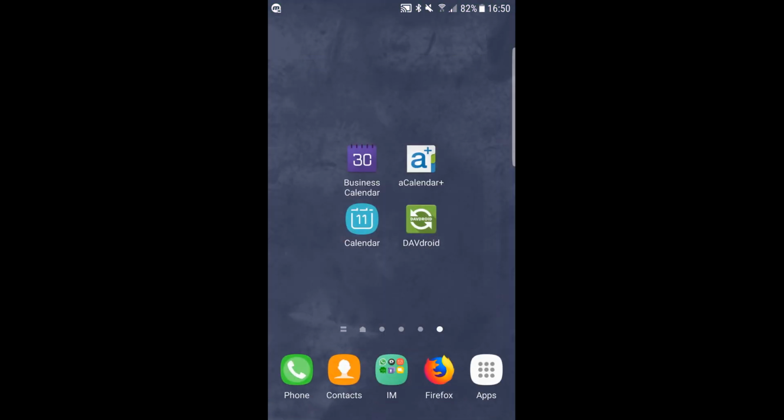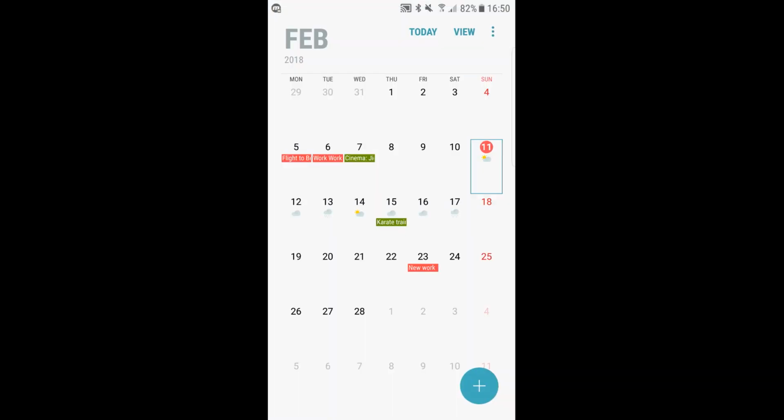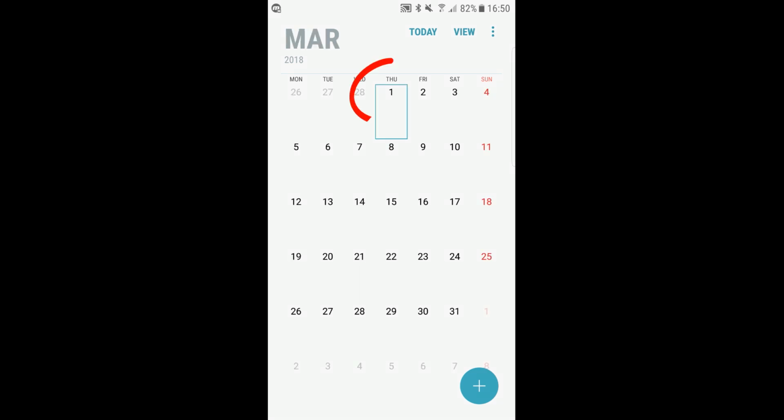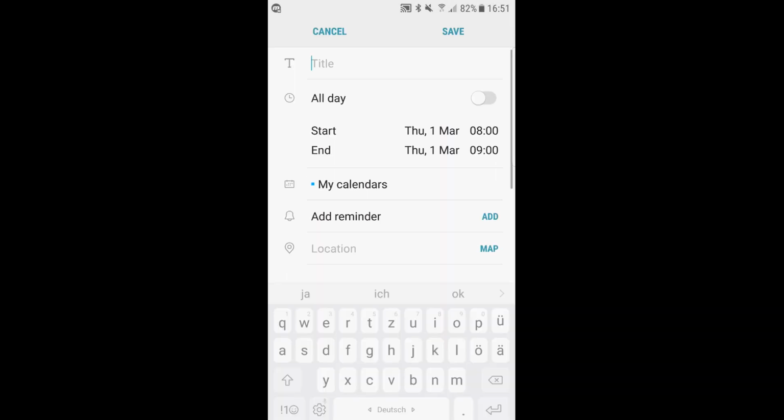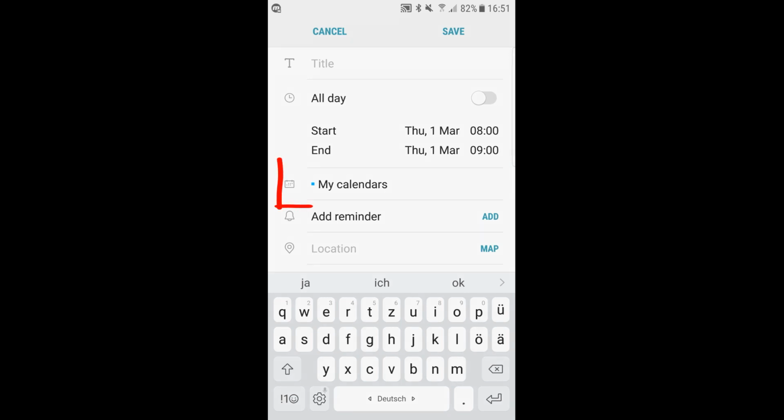Now let's look into the calendar app on the phone. You can see that both calendars are shown. If not, take a look into the Manage Calendars option and make them active. In my case, I want to create a full day event on March 1st, named Test Work. If you now enter a new event, make sure to choose the correct destination calendar.